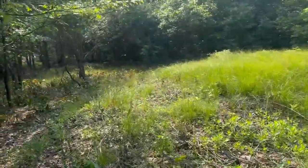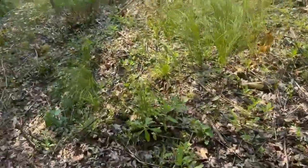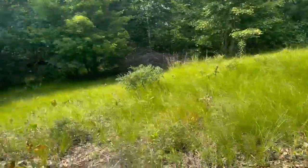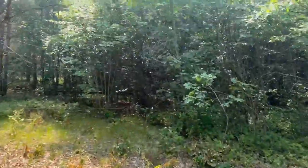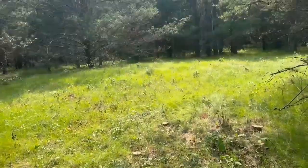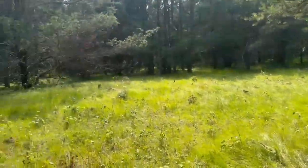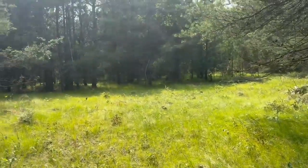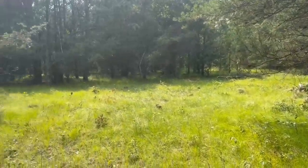Continue on, looks like. Side here. So we got a really small one right here, or it's just a raised area of earth. Can't really tell, but it's cleared out here, so it must mean something. I don't see anything else past this,